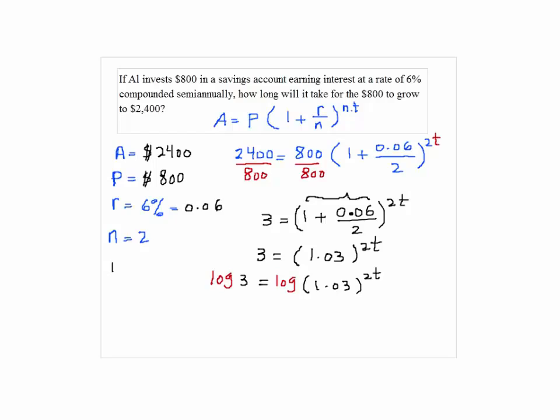When we have log of a to the n, that is the same as n log of a. Remember that? So let's box this. We can move this 2t right in front of this. This would be log of 3 is equal to 2t